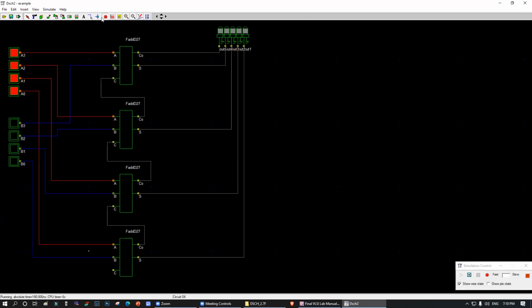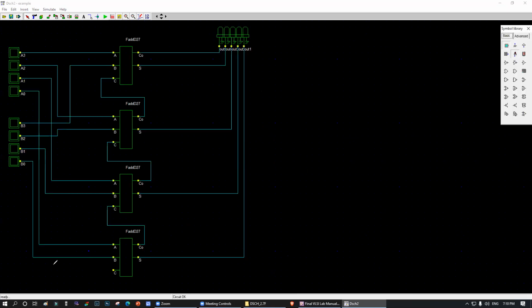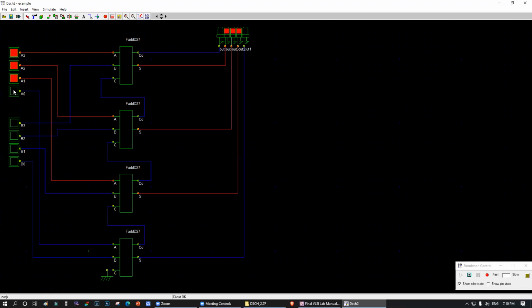One more thing, we made a mistake. That is, this pin is empty, right? This should be 0, right? I told you before, we do not have anything in our hand, so this should be 0. So I'm going to connect a ground here. Now 1, 1, 1, 1, 1, 1, 0, 1.